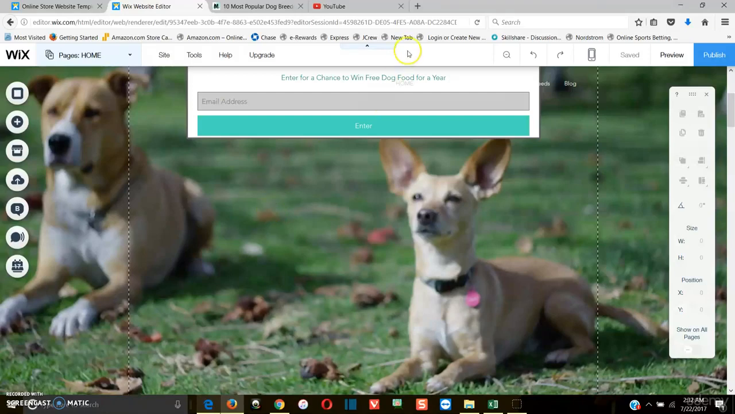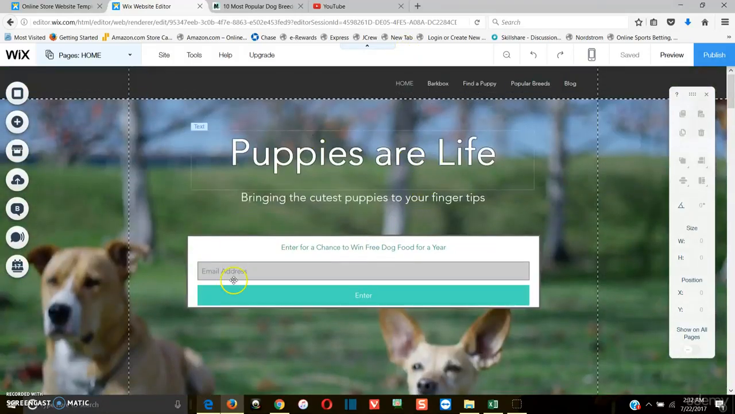All right, guys, so we're back on the homepage right here, and you can use your imagination. Obviously, we didn't finish Find a Puppy. We didn't finish the popular breeds. I didn't add to the blog, and I didn't finish the bark box. Now, these are all tabs that I'll have up and potentially center if I don't add any more on my